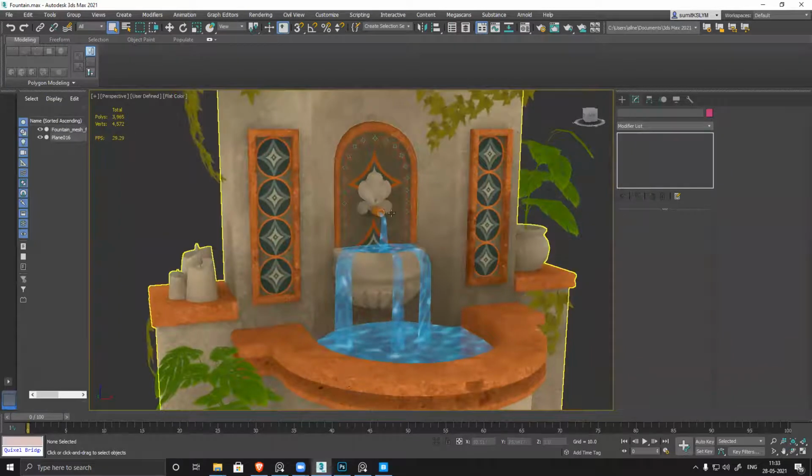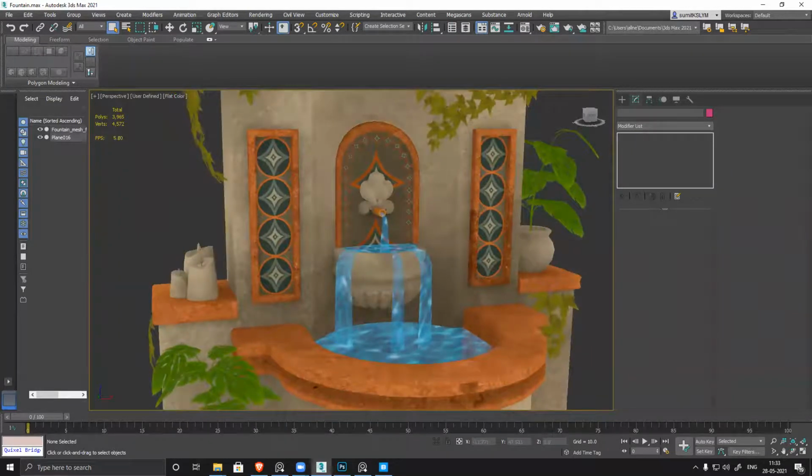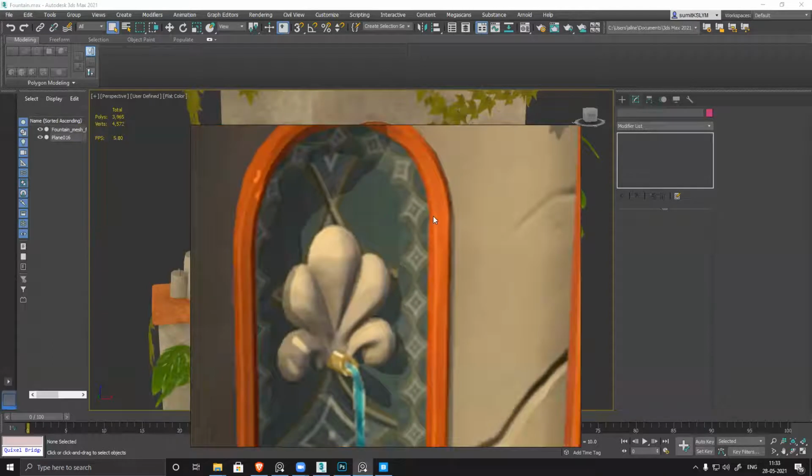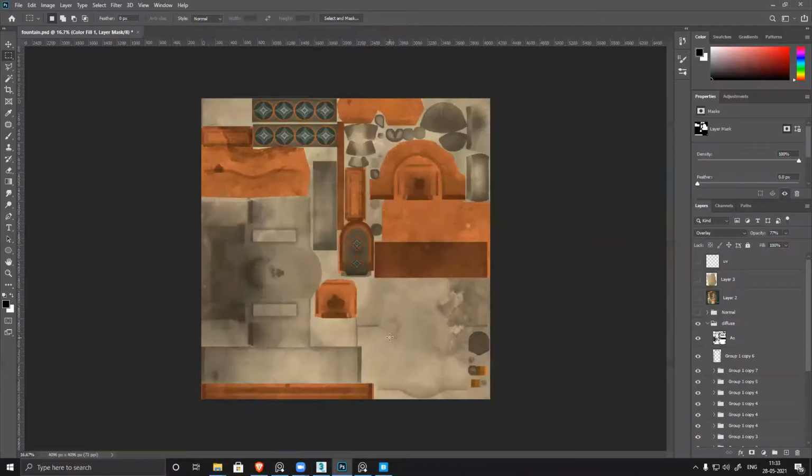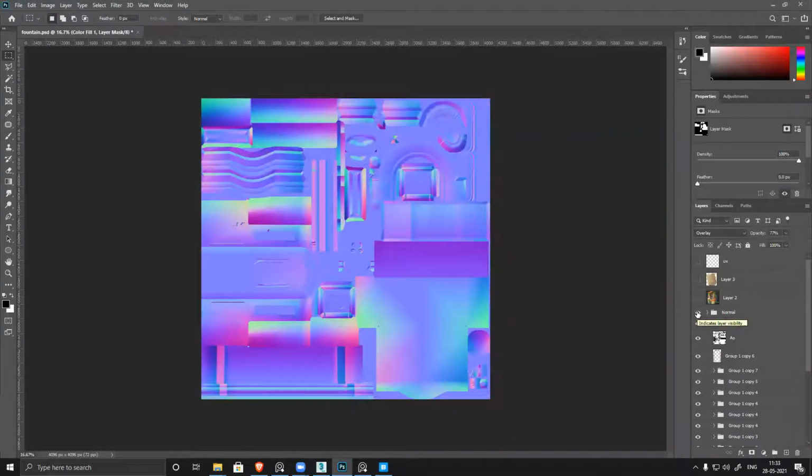You see, the basic design pattern, everything is ready. But now you can see there is a highlight. You can see the edges are slightly highlighted. So that is something we have to generate, and we can generate it very easily. We already have a low poly and high poly, right? So we have the normal map generated.